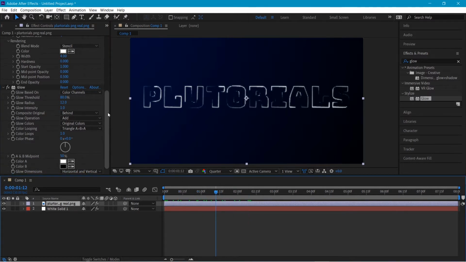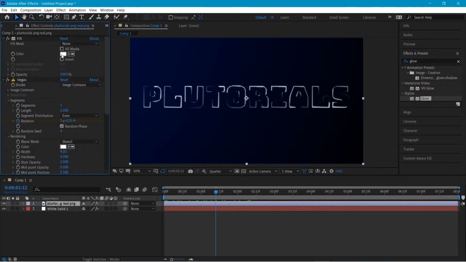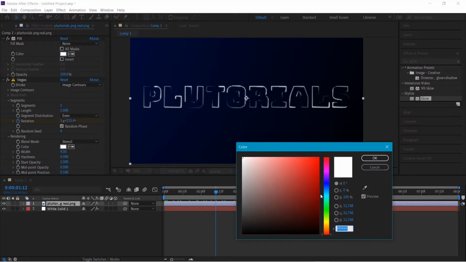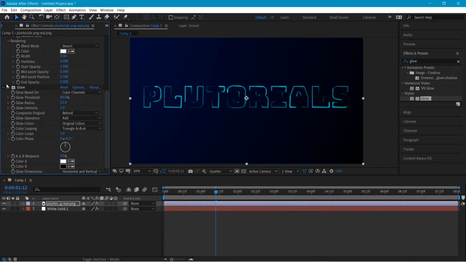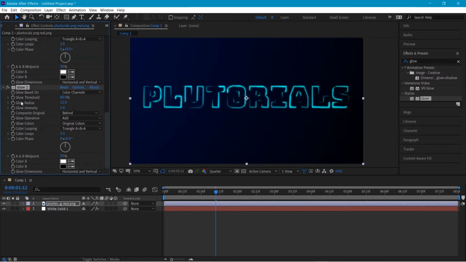It's looking good now. In the fill we will change its color to around this color. Now again we will go to glow and create a copy. To create a copy of this we have to press Ctrl and D, and for Mac users it's Command D. We made a copy of this and again we want another copy of the glow.